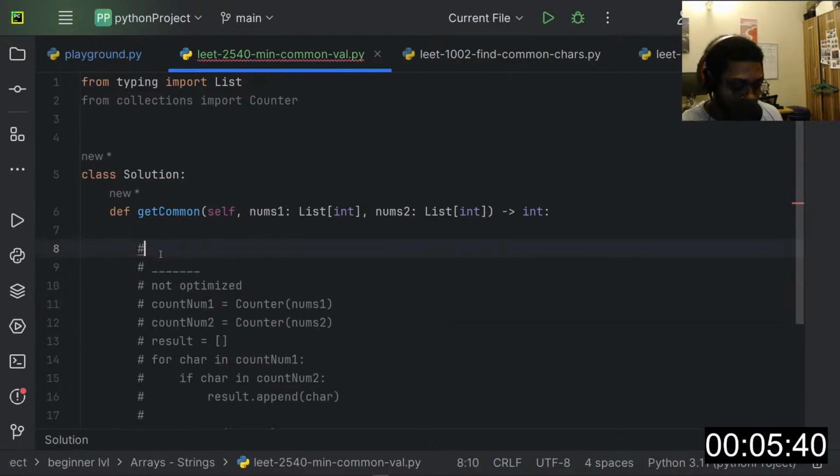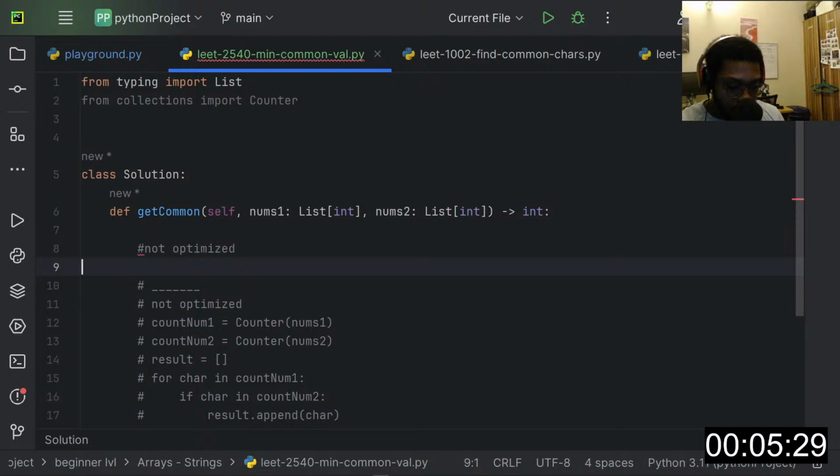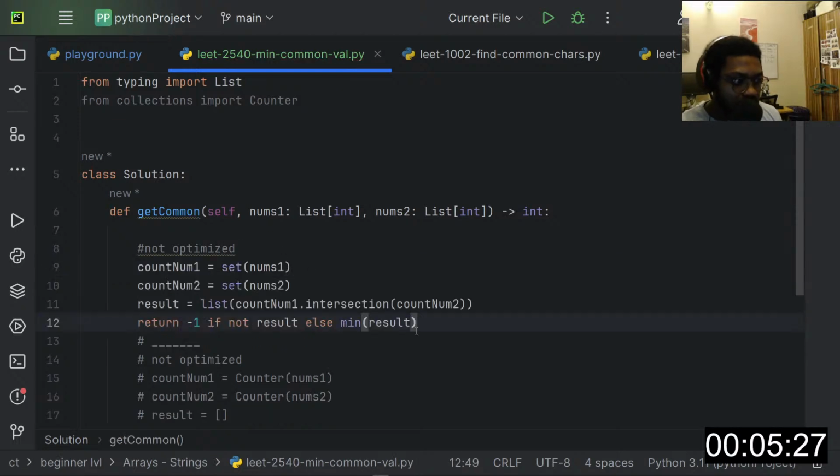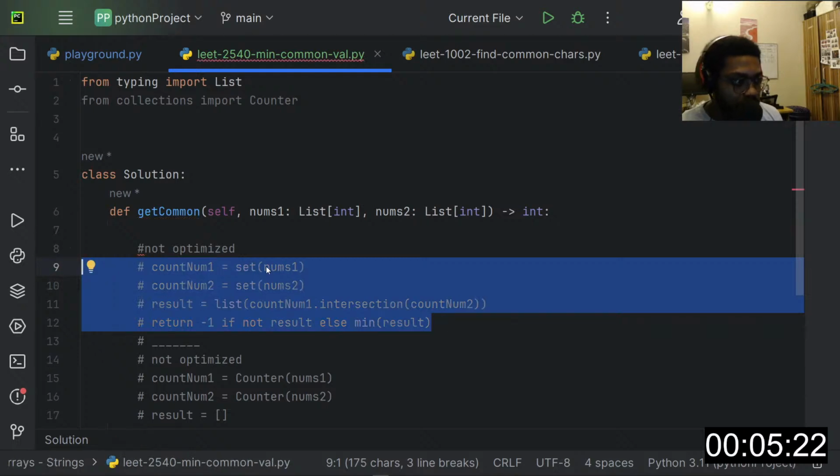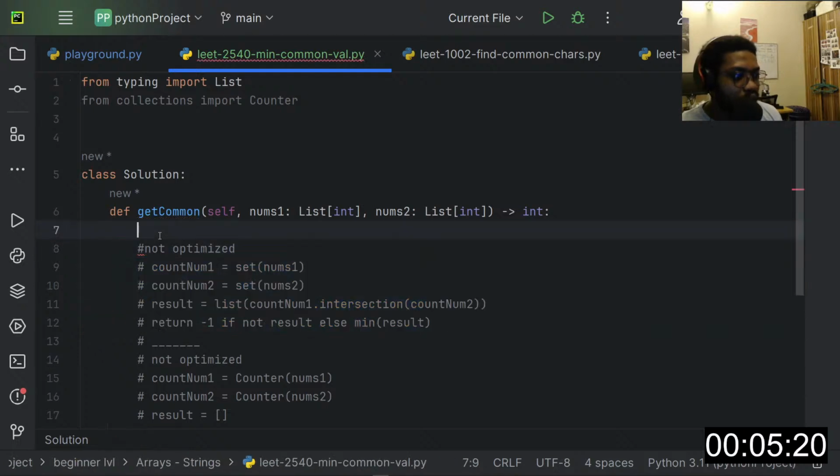I'll just say not optimized, not optimized as well. So I can just put this here like this. Let me comment this out as well. So now the